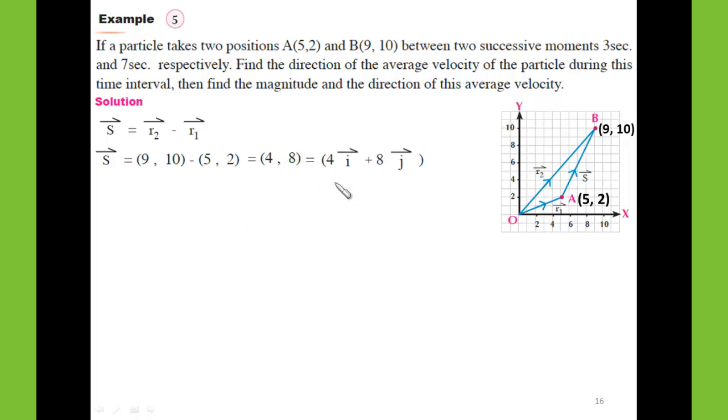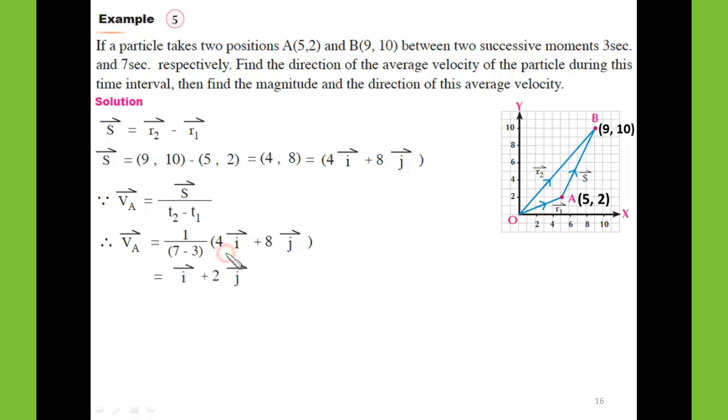And we can put it in this form: 4i plus 8j. i and j are the two fundamental unit vectors in the direction of x and in the direction of y. So VA, the vector of average velocity, equals S over T2 minus T1. VA equals S over 7 minus 3. T2 equals 7, T1 equals 3. So the result equals